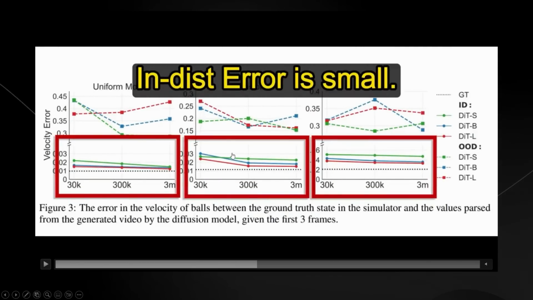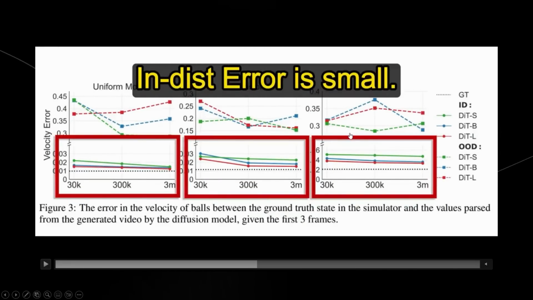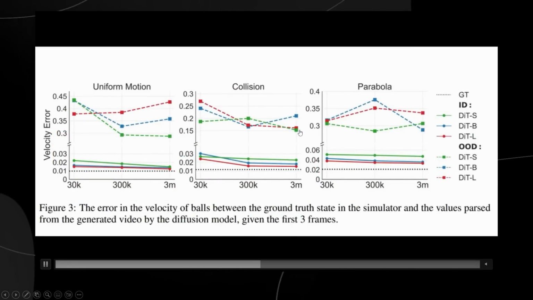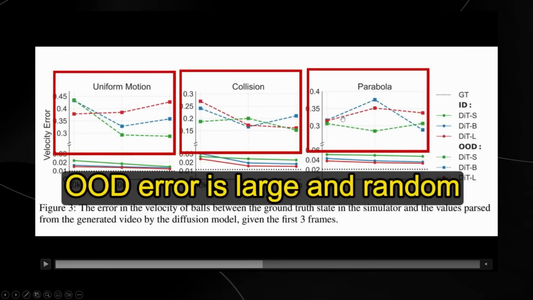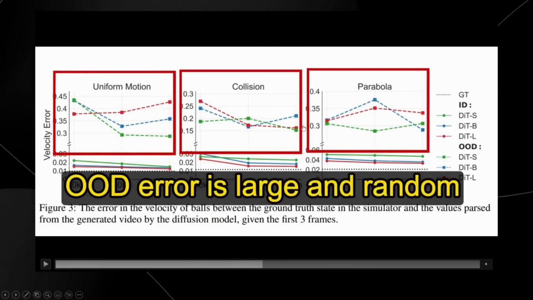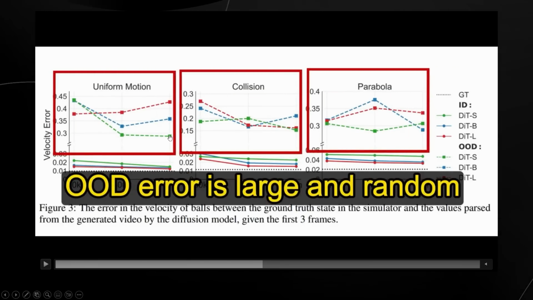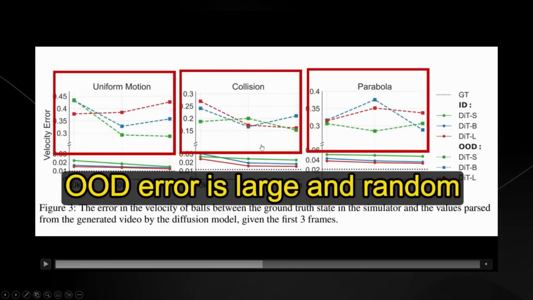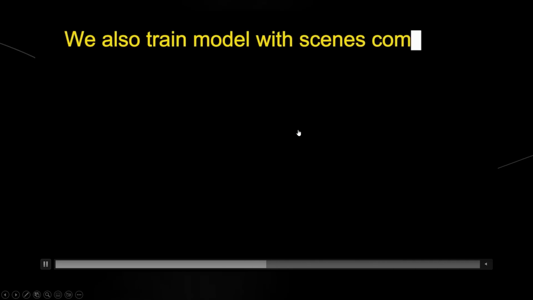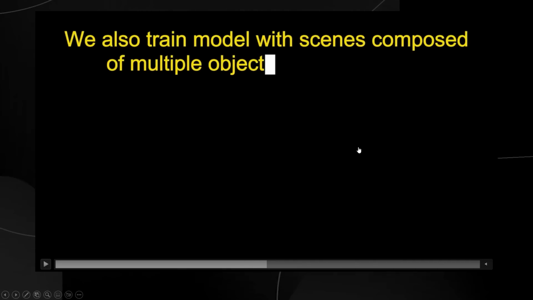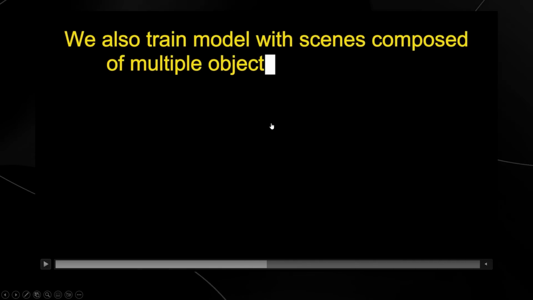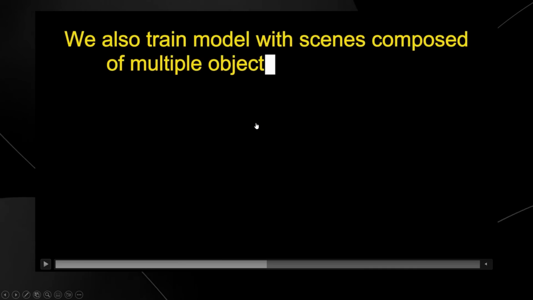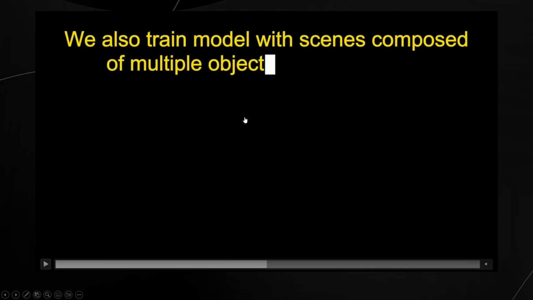You can see that in distribution, there's basically no error. These errors are super small, but outside of distribution, when you're prompting it for things it hasn't potentially seen before, the error is large and random, which is not good at all. This is not ideally what you want to see with a system that uses this kind of architecture, because this is the system most companies are using to try and get to AGI. Now, OpenAI could be working on something different, but based on public information, we understand that things aren't